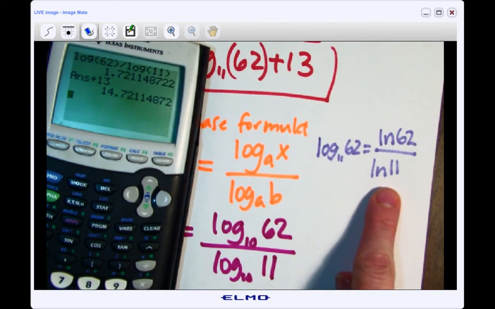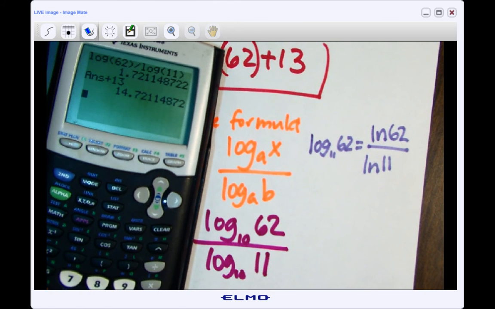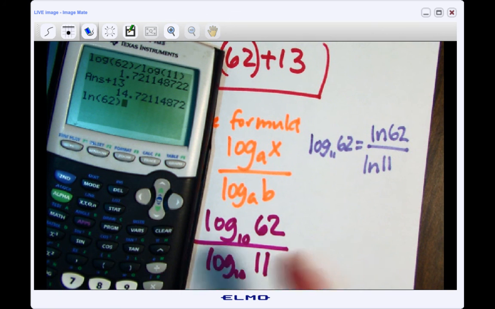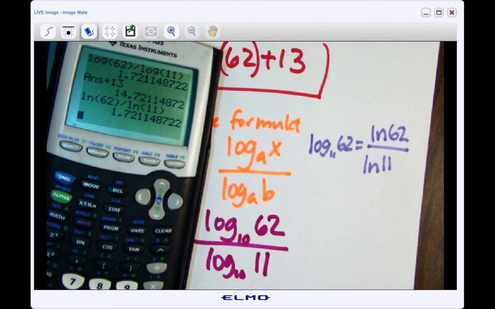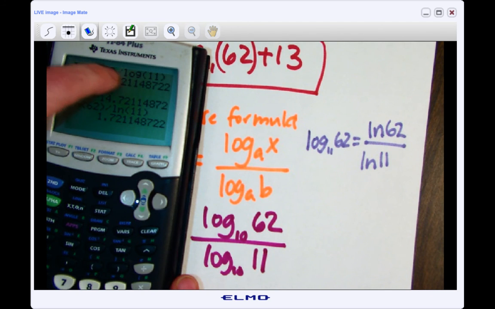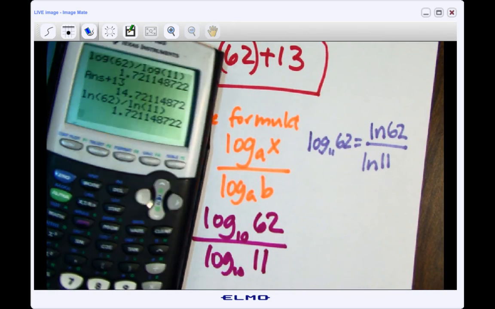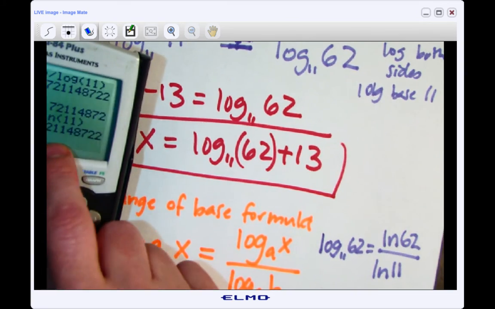Now we're going to use this natural log one, and if you look on here, there's one that says ln. It's the same thing as log, except it has a different base. It's actually base E, and E is a funny number, which again, you can hear about in another video. When I divide those, I actually get the same exact number as when I divided with log base 10. Now, if you have a calculator that will do other bases, you could use whatever base you want and it would come out the same. You could just plug this in and you should get that same number,